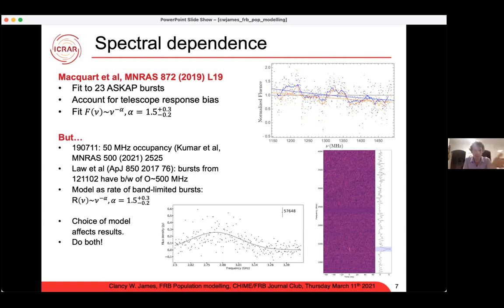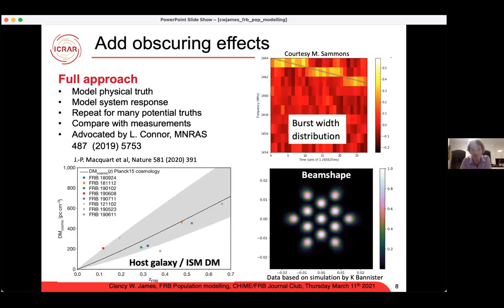So I'll inevitably show results, I think, for the first case, but at some point I'll return to the second one and say, well, look, numerically, the results do depend on that. And clearly, the spectral dependence of FRBs is more complicated than either. But I think showing results for broad bandwidth versus narrow bandwidth things is a reasonable sort of bracket to look at. So, okay, if you want to do this properly, of course, you've got your intrinsic model of the FRB population, and then you've got to account for obscuring effects.